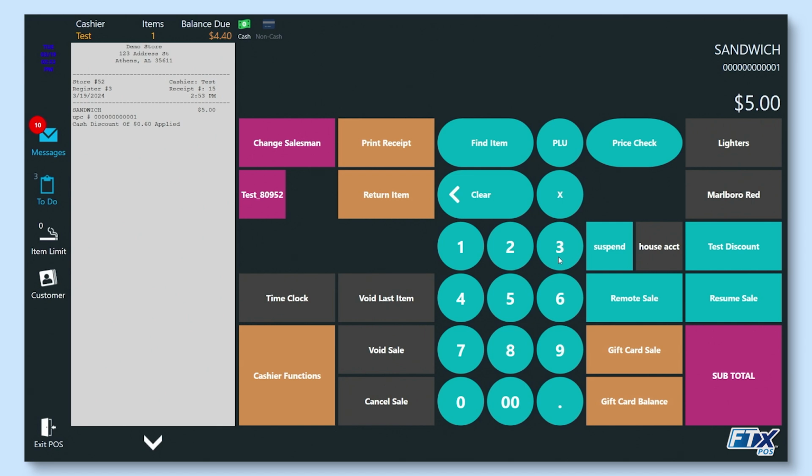As long as the age is verified in the POS, it'll take you to the next step, which here we can see that my sandwich has been added to the transaction, and I have a cash discount of 60 cents applied. If I hit my subtotal,